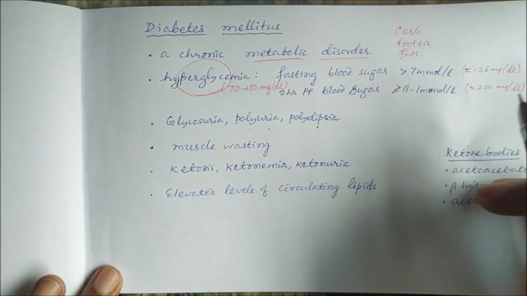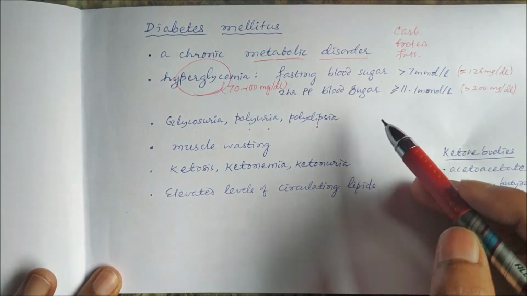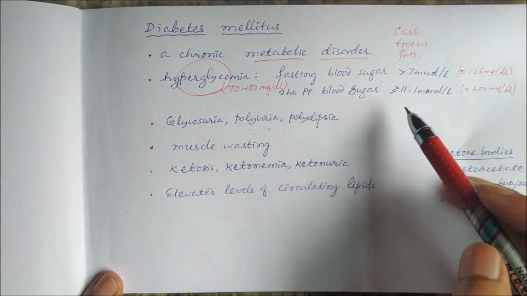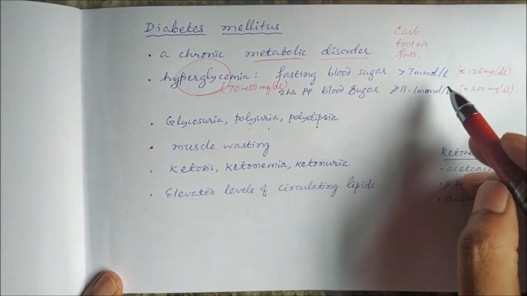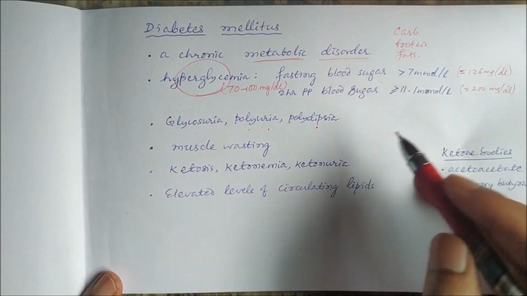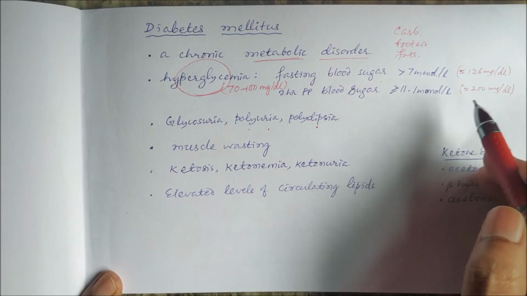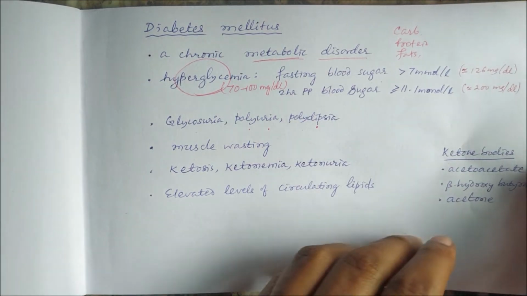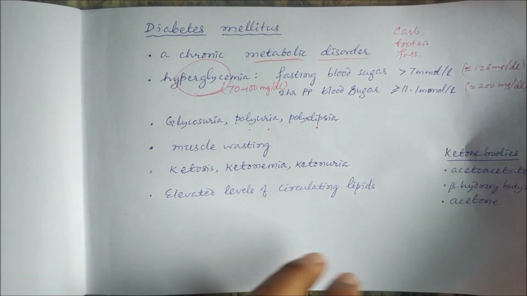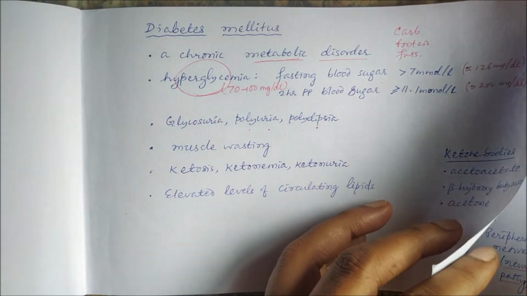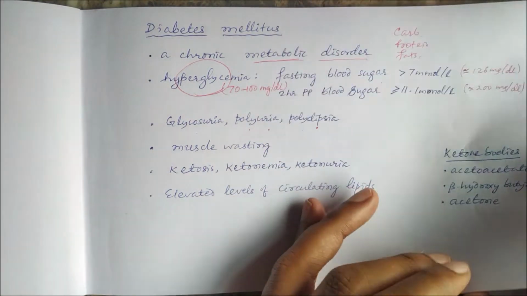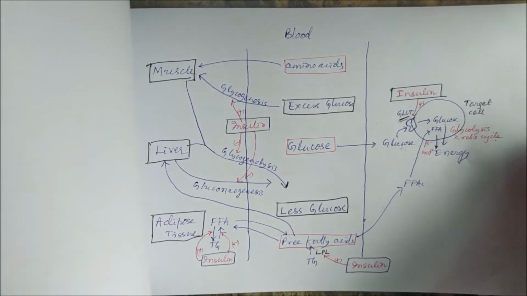Diabetes mellitus is a chronic metabolic disorder characterized by hyperglycemia, where the fasting blood sugar increases more than 7 millimole per liter, and 2-hour postprandial blood sugar increases more than 11.1 millimole per liter. And the hormone which is involved is insulin, because insulin is the hormone